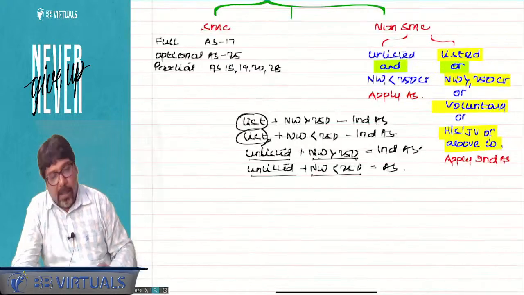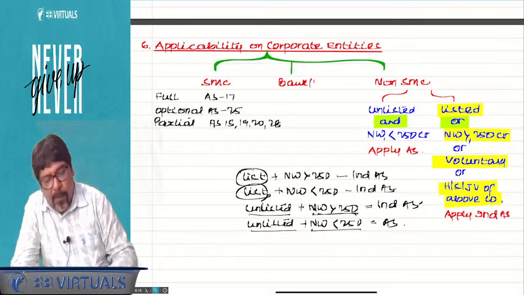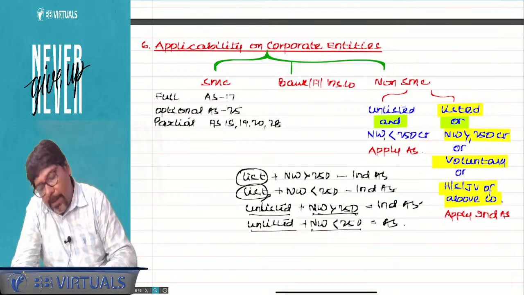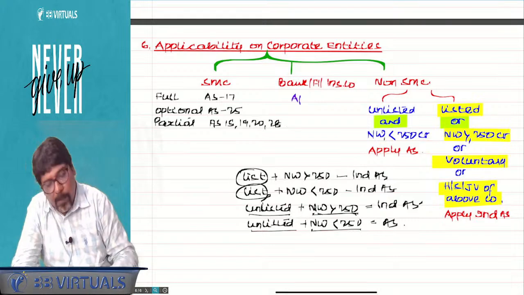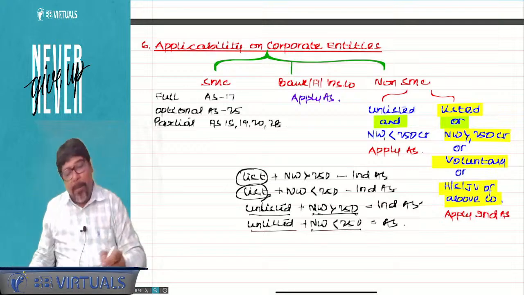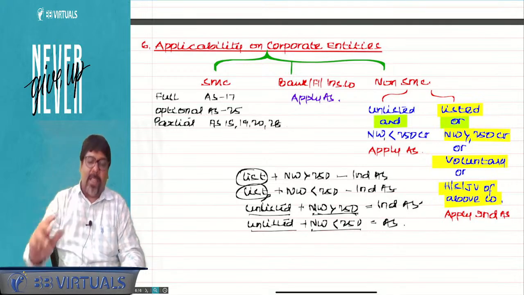The third arrow I forgot: banks, financial institutions, NBFC. Bank, financial institutions, and insurance: whatever is the net worth, they will apply. So bank, financial institutions, and insurance company, even if they are listed,